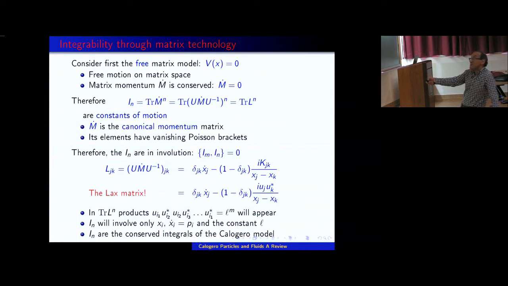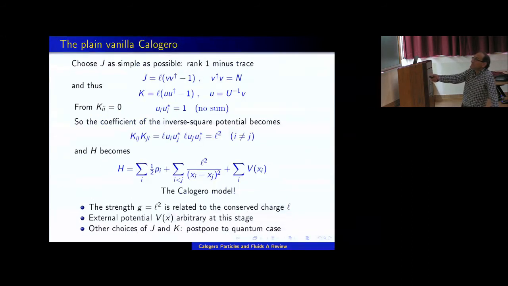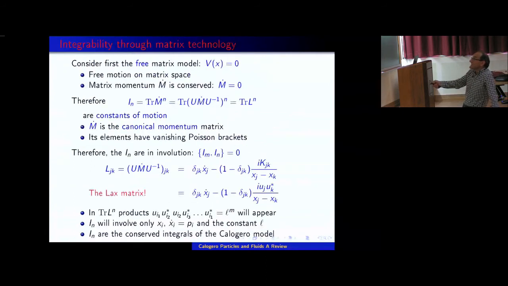So it is something that should remind you of the Lax matrix that I wrote before, only here you still have a dynamical quantity Kij. But for the J that we considered before in the corresponding case, this dynamical quantity turns out to be Uj, Uk star. This still doesn't look like a constant, but when you take the traces of these matrices, only products of that type appear, where a U with an index is paired with the same U complex conjugated, and all these are equal to 1.